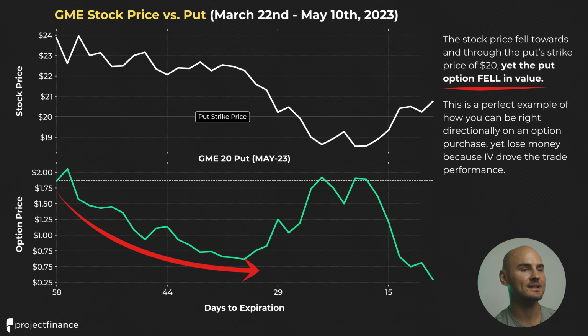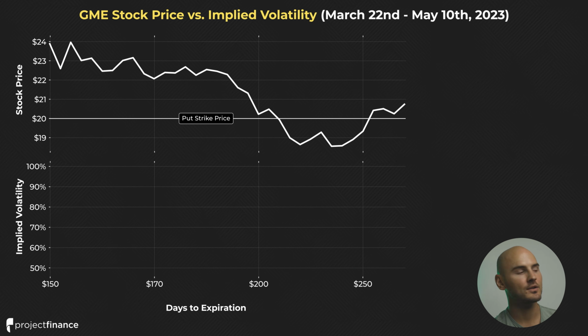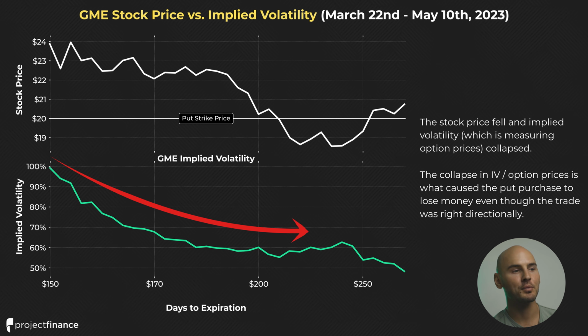And this is a perfect example of how you can be right directionally on an option purchase, yet you can still lose money because implied volatility overwhelmed and drove the trade performance. Let's look at what implied volatility did over this exact same period. If we change this lower half of the graph from the puts price to implied volatility, we can see that the stock price fell and implied volatility, which is measuring option prices, actually collapsed. So the collapse in implied volatility is what caused the put purchase to lose money even though the stock price was declining,